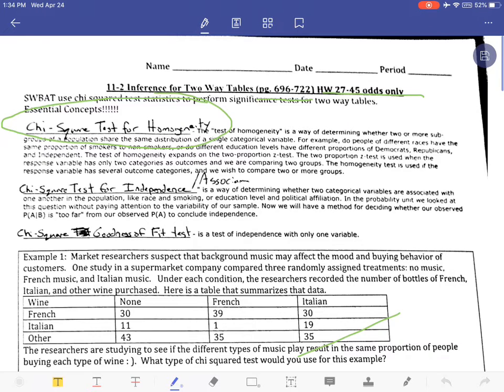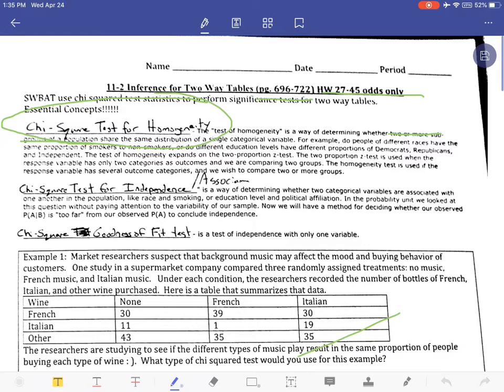Essentially, we're dealing with a two-way table, with multiple variables, and the big thing that you need to know, we want to underline this, is two or more subgroups of a population. That's what we're looking at for a chi-square test for homogeneity. So we're using this when we're taking multiple samples from different populations. Let's say I took a sample of 50 freshmen, another sample of 50 sophomores, another random sample of 50 for the juniors, and then a random sample of 50 for the seniors at Cane Ridge. That would be categorized as a chi-square test for homogeneity because we're dealing with multiple